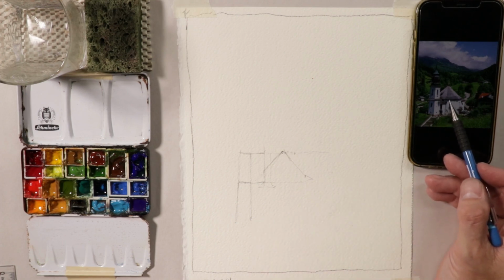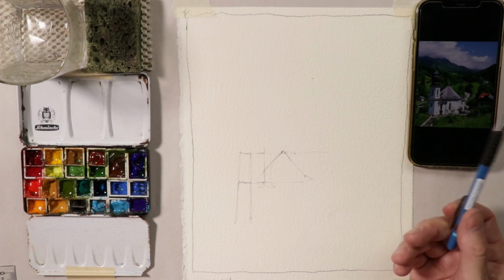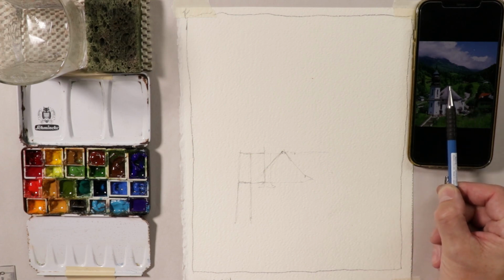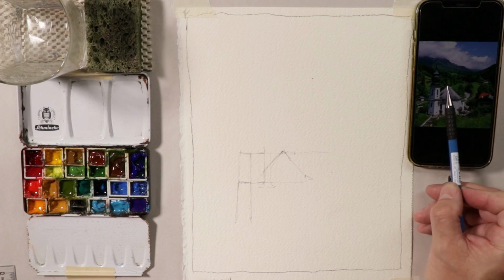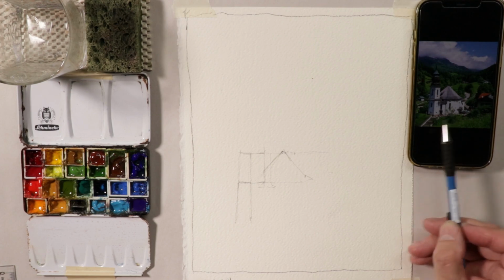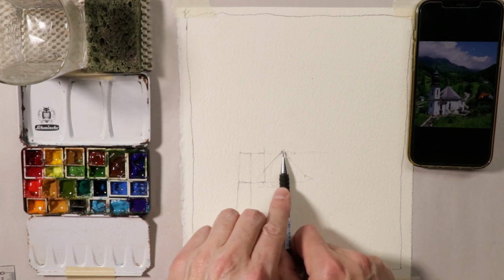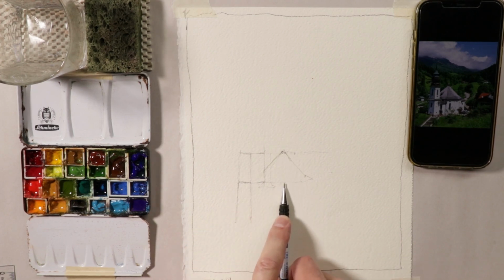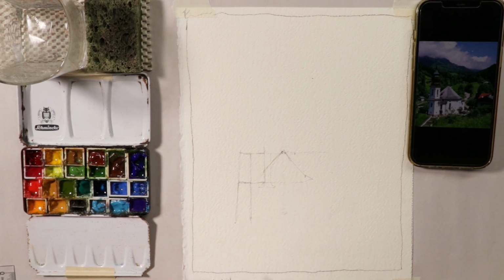And then we have from the edge of the roof down to the ground is about this, maybe perhaps the same distance from the peak, the very, very point of the top of the roof. Let's see if that's true. Yeah, it's about equal distance. So if I take my pencil and make a mark with my hand like that, and I go down like this, that's where it is, about like that. So that's going to be the bottom of the...